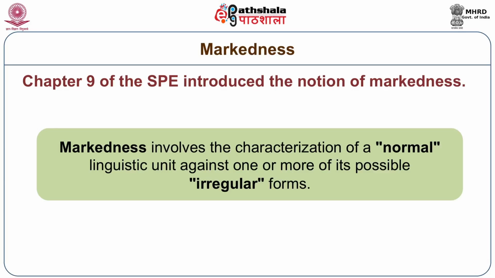The notion of markedness simply says that there are two kinds of regularities. One appears to be more common, more general, more natural. This is a regularity that is unmarked, that is more common. You can have statistical generalizations based on this. And you have other regularities which are less frequent, but yet which are found in natural languages, which are marked.